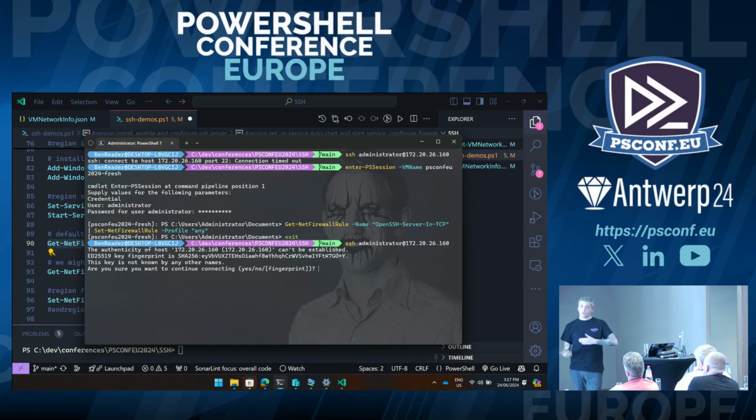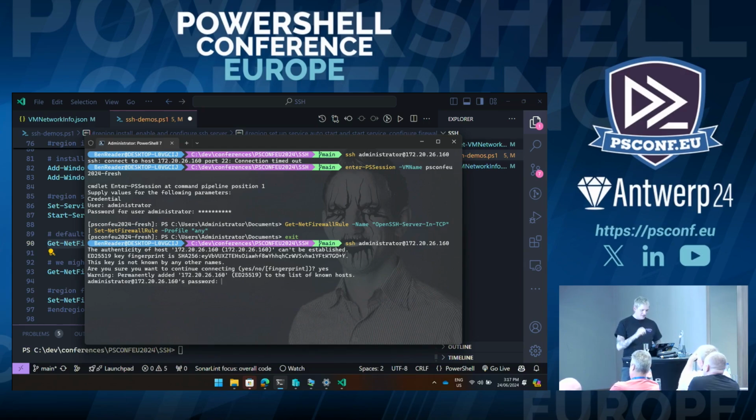The connection is not on a trusted profile. So I trust my own environment because I built it and everything that I build is fantastic. So we're just going to say yes, I trust this. Okay, so we've added it. It's now asking, what's your password? And I said previously that I hate passwords.